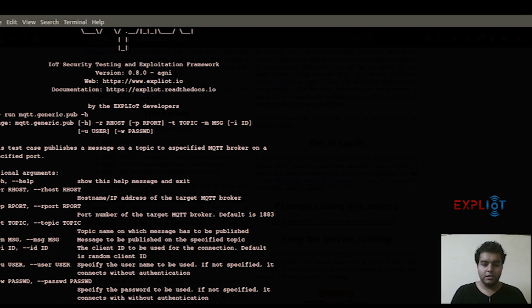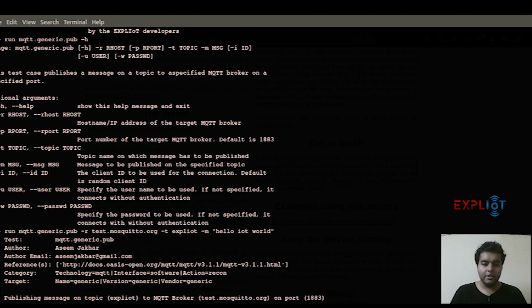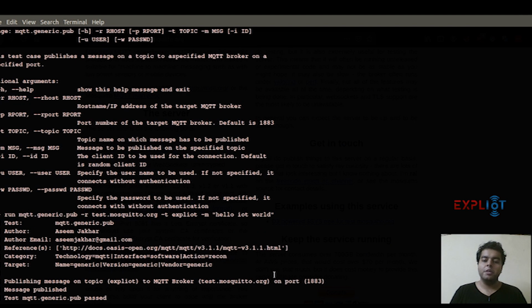Message, we can say hello IoT world. Alright, so when you hit enter, it publishes that message on that specified MQTT broker via that specified port. So we have successfully published on exploity. Our message was hello IoT world, and that has been published.